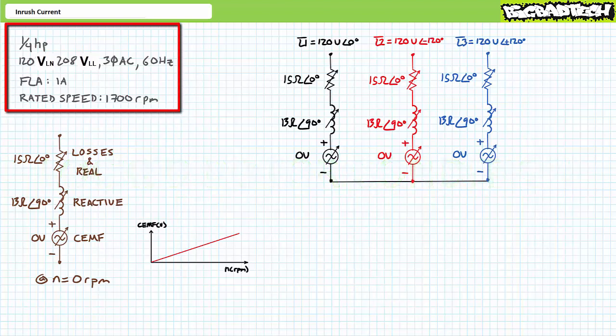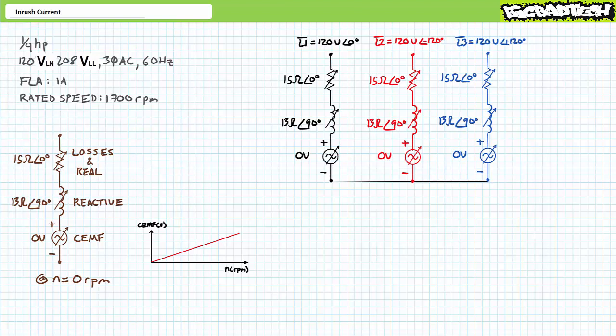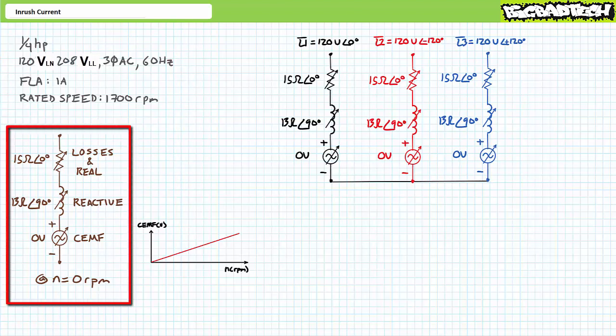Consider a quarter horsepower rated motor designed to operate using light industrial 3-phase 120 volt line to neutral, 208 volt line to line, 60 Hz AC in a Y configuration. When operated at the rated speed of 1700 RPM, this motor is known to draw 1 amp of current. For the purposes of this lecture, let's assume this motor's windings at rest can be modeled as a variable resistance component of 15 ohms, a reactive component of 13 ohms, and at rest, the winding produces no counter-electromotive force